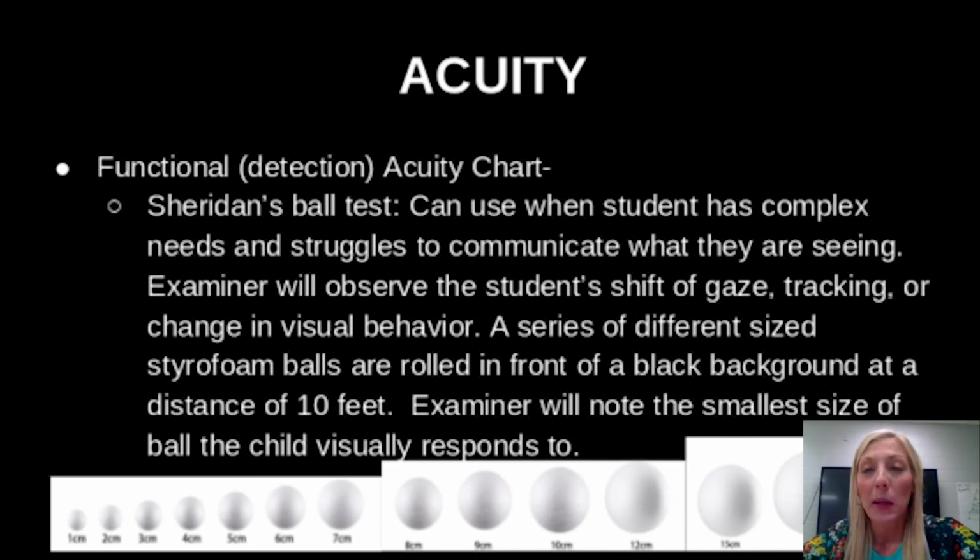For another functional acuity, there is a test called the Sheridan's Ball test. You can use this when the student has complex needs and struggles to communicate what they're actually seeing. The examiner will observe the student's shift of gaze, tracking, or change in visual behavior when using this test. How you administer this test is you use a series of different size styrofoam balls, and you roll them